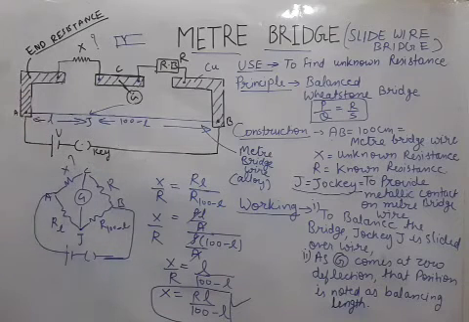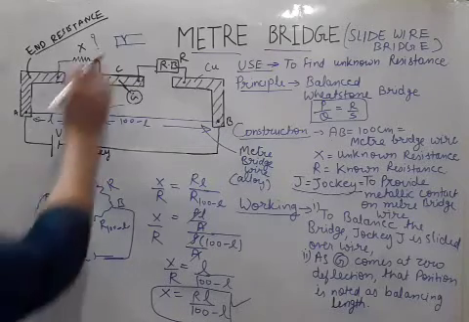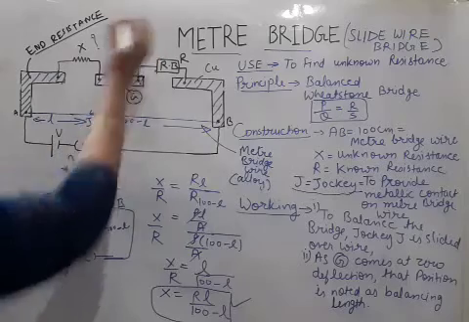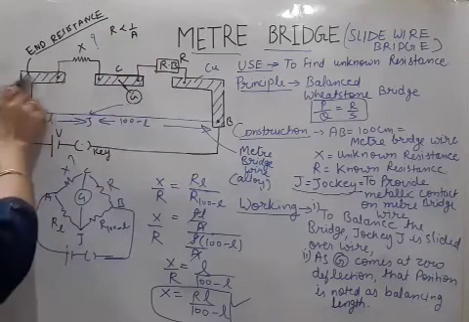End resistances are ignored in the calculation because they are very small. How can you say that they are very small? Because R is inversely proportional to area,